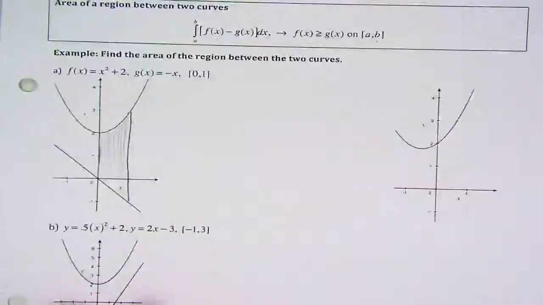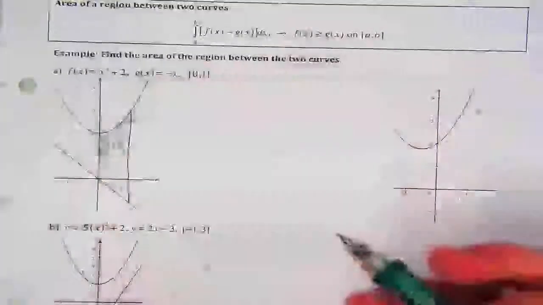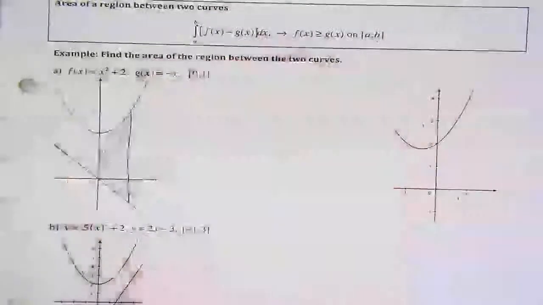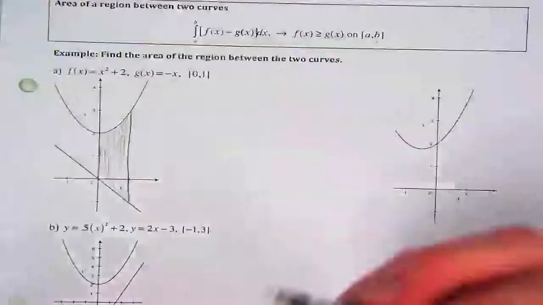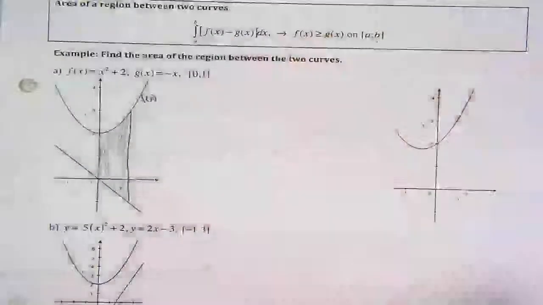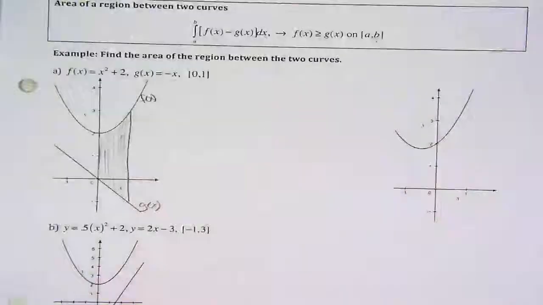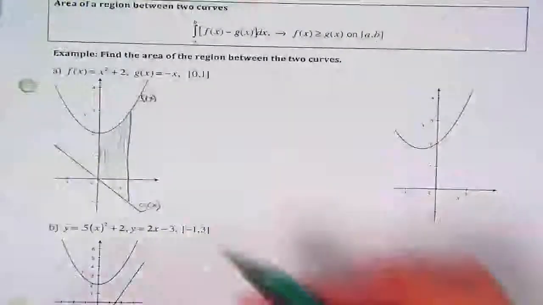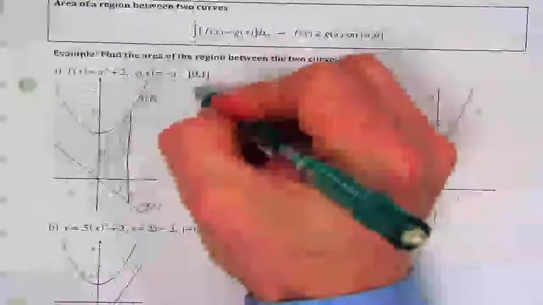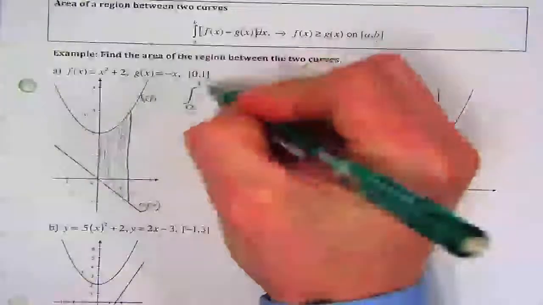Okay. And sometimes I like to label which functions are which graphs. So the top graph is which one? F of x. That's definitely x squared plus 2. And then the bottom one is g of x. Okay. So if we want to find the area here, it's going to be the integral from 0 to 1